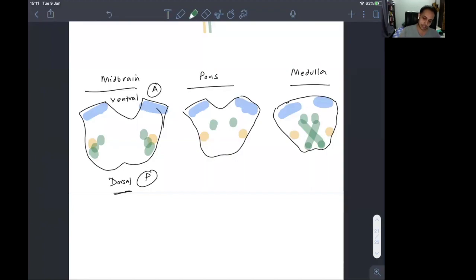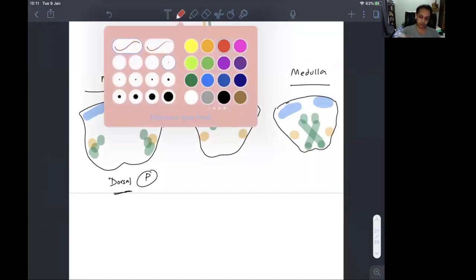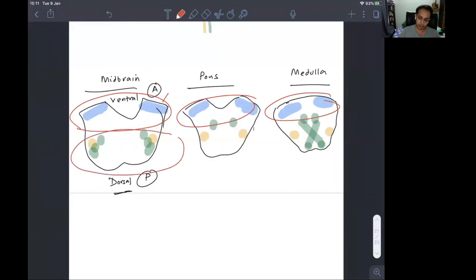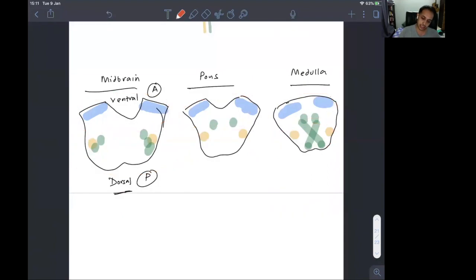Now you can imagine that if there is a lesion, if there is a stroke in the anterior part, that is in the ventral part of any one of these three areas, you will have a pyramidal tract lesion. And if there is a lesion in the dorsal part, then you will have a sensory lesion. Okay. And conversely, if you have a lesion only on one side,